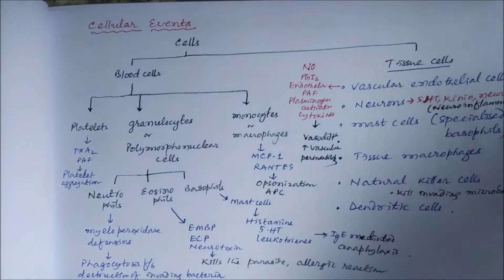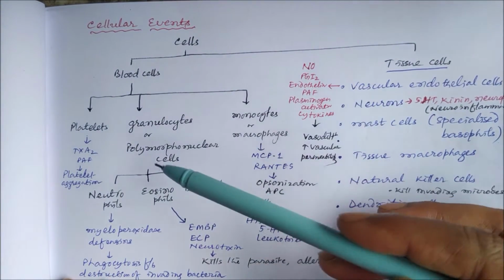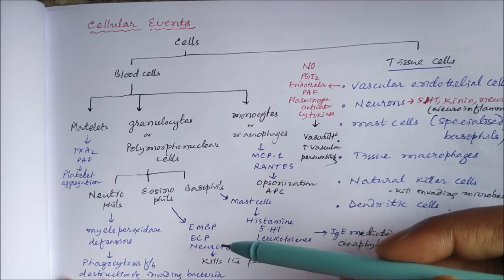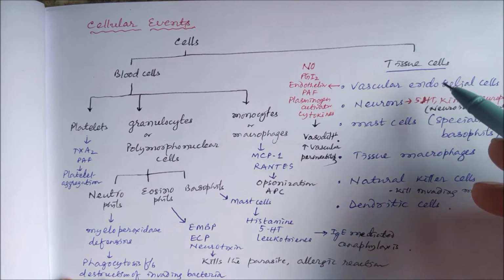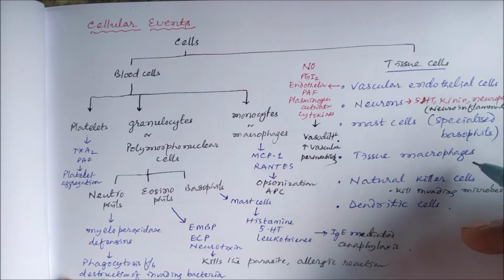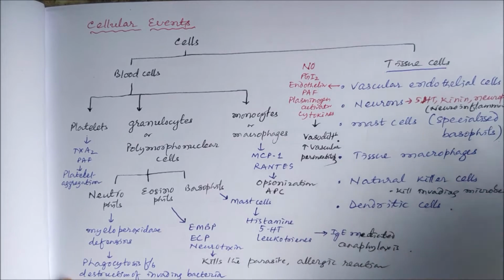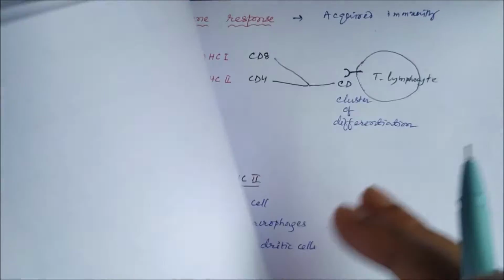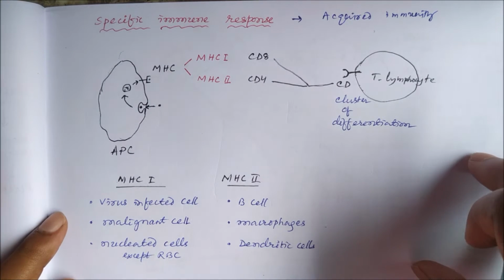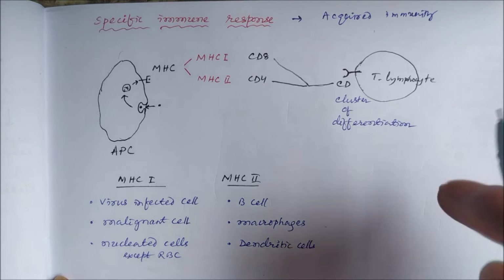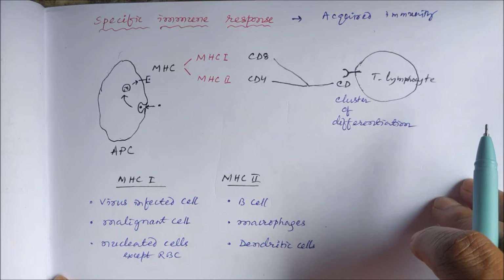Then the cellular events, the blood cells like platelets, granulocytes, monocytes, and the other tissue cells like vascular endothelial cells, neurons, mast cells, tissue macrophages, natural killer cells, dendritic cells, all they together provide us the non-specific response. And when the non-specific response is sufficient, we develop specific immune response. And for a specific immune response,